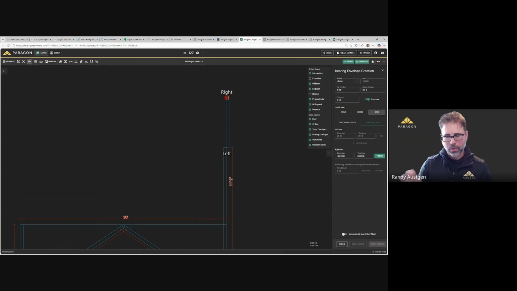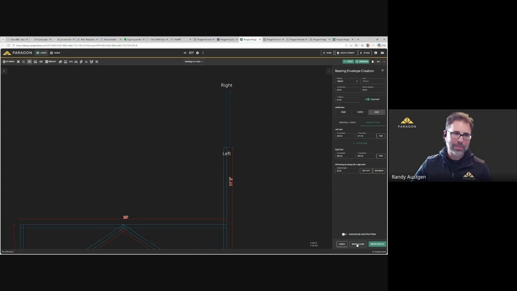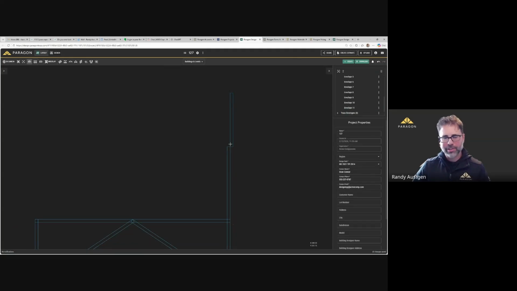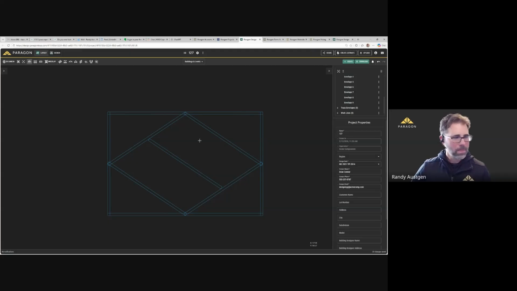So essentially, where is the wall? What edge of that wall is it falling on? Is that the front edge or the back edge? And if you're having troubles with that, if you're not getting what you want, pick the opposite one. But once you get the hang of it, it'll flow pretty well. I think there's always some nuance in all the softwares I've used, kind of wall orientation and justification. All right,